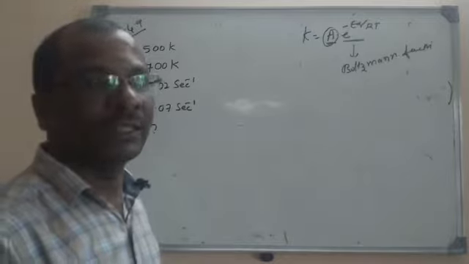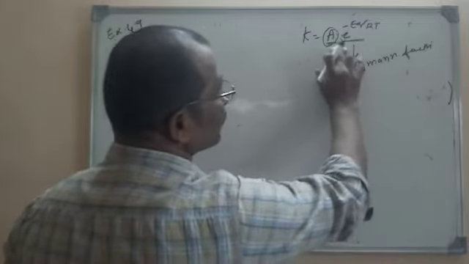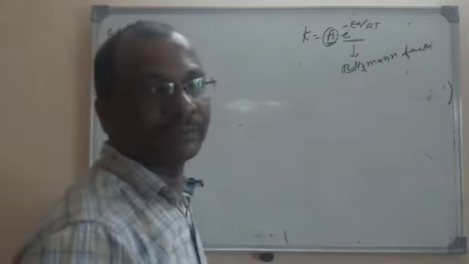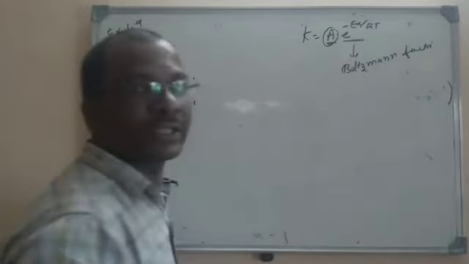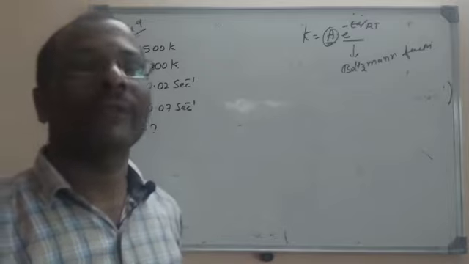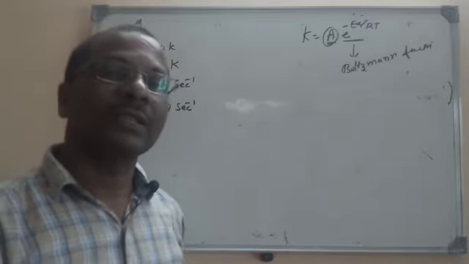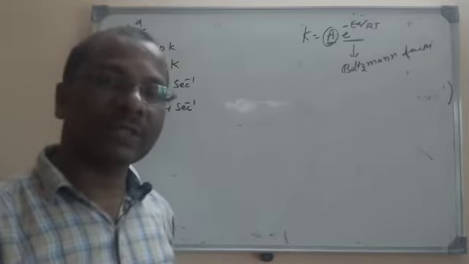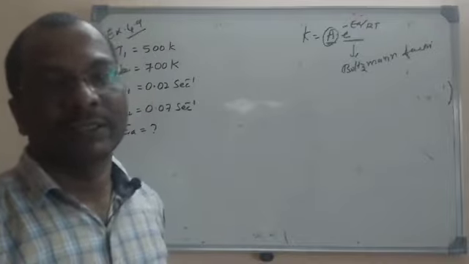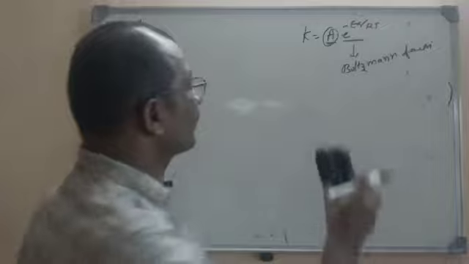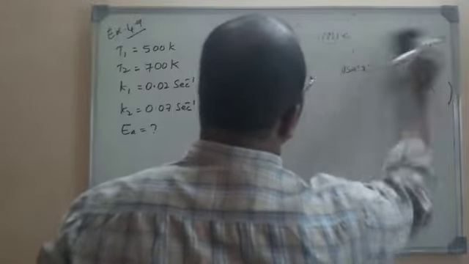So here it is the total number of collisions in 1 second of time. Here, these are the effective collisions, the Boltzmann factor, effective collisions that will give the product. So effective collisions are the collisions among the reactant molecules with sufficient energy and proper orientation. So that is the difference. Let us go back to the problem again.